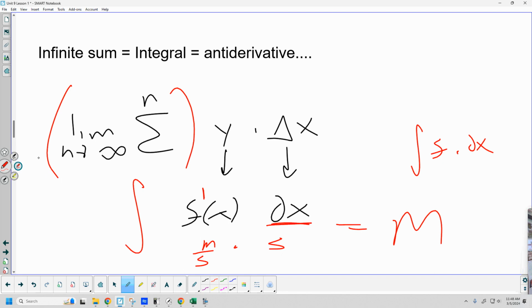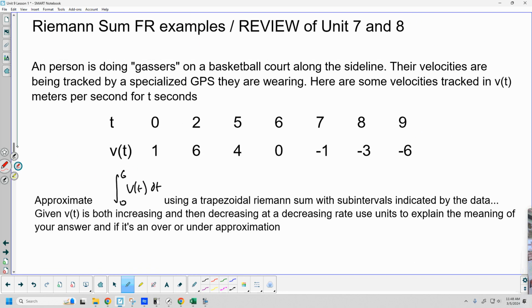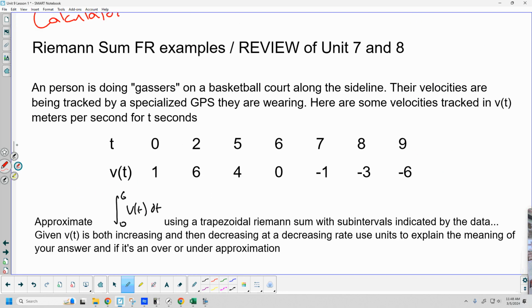But if that doesn't make sense to you, honestly, it doesn't matter. Because what we're going to do is review Unit 7 and Unit 8, okay? We're just going to review stuff that we've already done. It's going to look a little different, but we've got to just understand what we've been doing all along. Okay, so, guys,